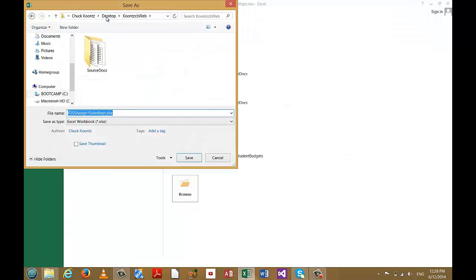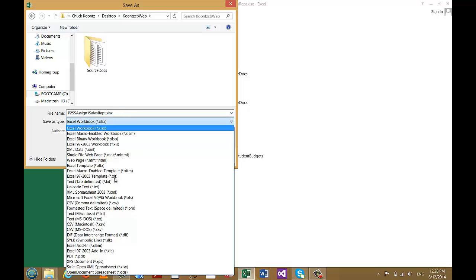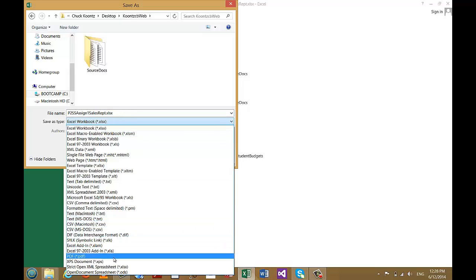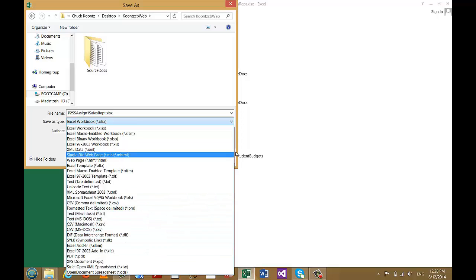I'm going to put it in the same folder as the rest of my web pages because I'm going to make the same selection here and save as a web page. Okay, so save as single file web page. All right,